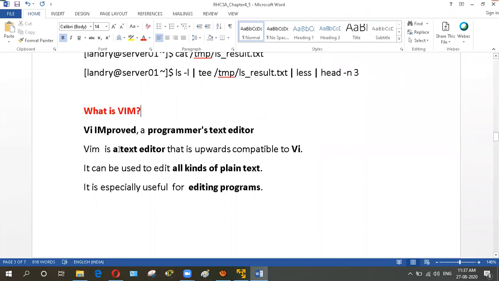We want to type any types of text, we can use Vi. Vi is the old version of Vim, and we want to edit any type of plain text, so we can use the Vi and Vim command. It is mostly used by programmers to write programs and to edit texts,